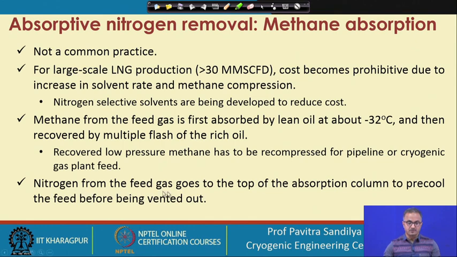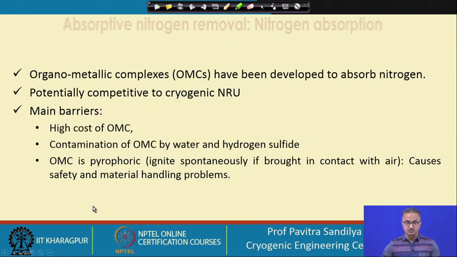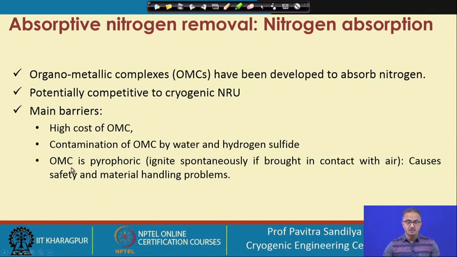So, nitrogen from the feed gas goes to the top of the absorption column to pre-cool the feed before being vented out. Now, here we have some organometallic complexes to absorb nitrogen. They are still in the developmental stage, and if they can be developed properly, they can potentially be competitive to cryogenic nitrogen removal units, and there are several barriers and challenges in the development of these